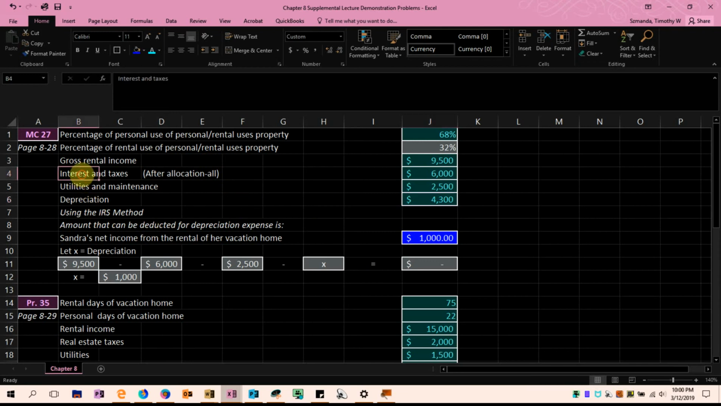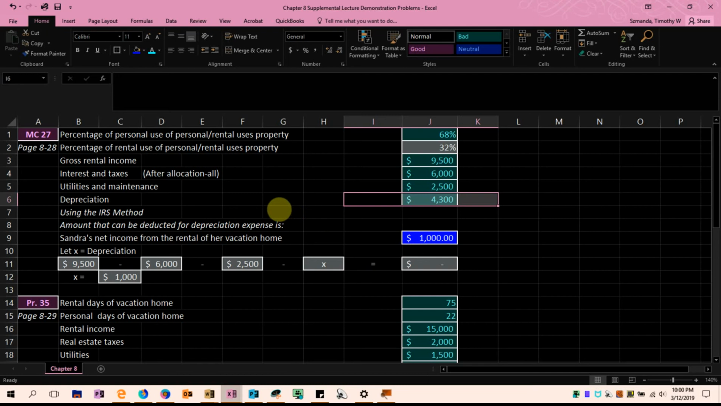By the way, these expenses are listed after allocation. So we don't need to allocate in this particular example between rental and personal use. They did that for us. All we need to determine is how much of this rental cost of $4,300 can we actually deduct. Well, when we have properties that are personal and rental, the total of our expenses cannot exceed the revenue. That is, the rental usage cannot create a loss. And since we must list depreciation last, in this case the question is how much of the 4,300 can we